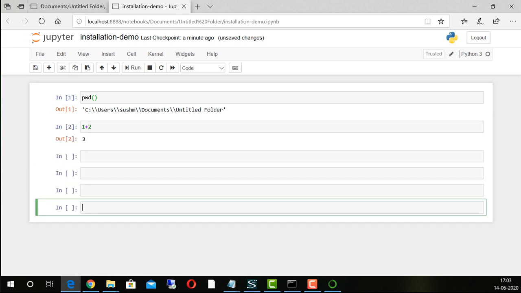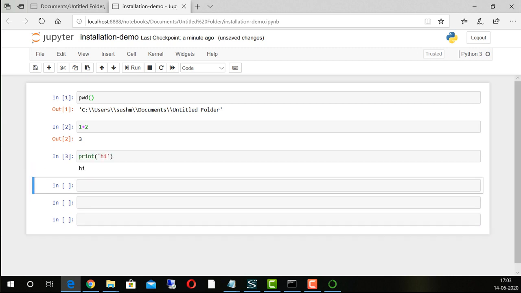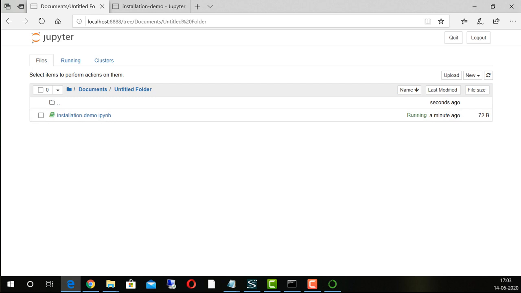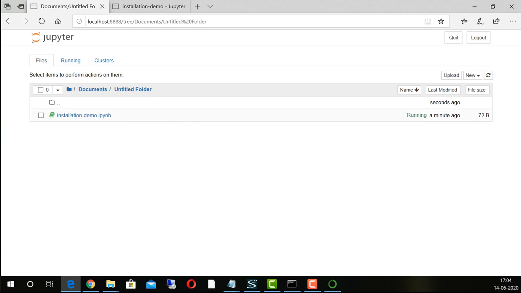The remaining shortcuts I will explain while we are learning Python, but for now this is enough, I guess. You can try any other Python commands as well, all that will run here. And you can maintain all your notebooks here. These files which we are creating for opening in Jupyter will be with an extension called .ipynb, meaning IPython notebook. I hope that is clear.